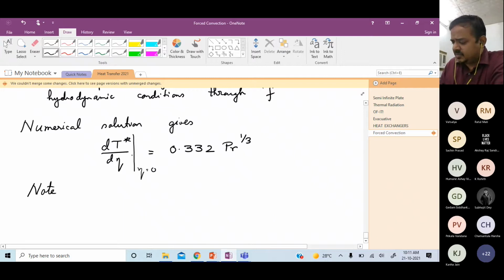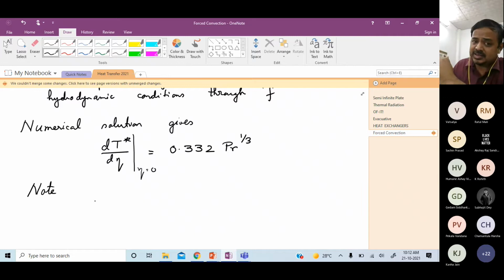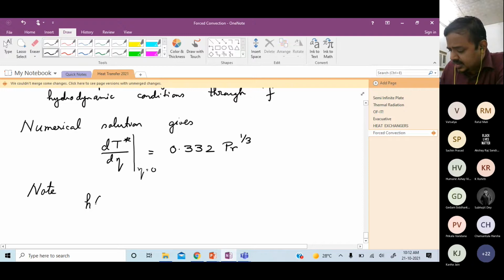Now, therefore, this is giving you some temperature gradient. Remember, your Nusselt number, h, these are temperature gradients. So let us see what we are up to. Our aim is to find out the heat transfer coefficient. Our aim is to relate the heat flux to the temperatures. So note that hx is equal to q double prime x divided by Tw minus T infinity. That is how we are defining it. Clear?